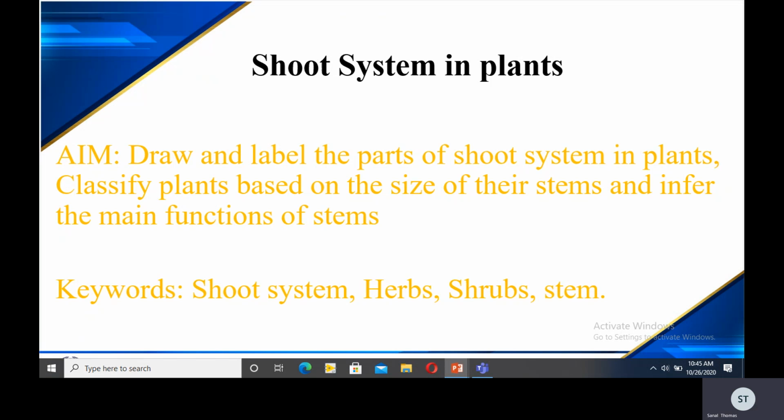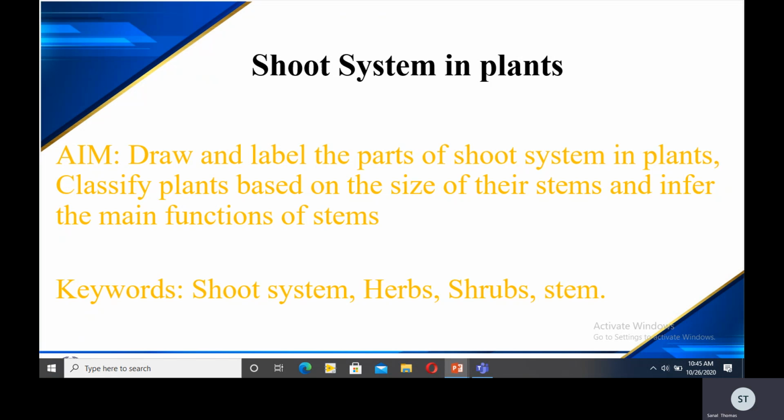But the lower part of the plant that grows below the soil cannot be seen, right? So we give two separate names for the plant's part which can be seen and the part which cannot be seen. Okay, so the shoot system, that is the part of the plant that grows upward,